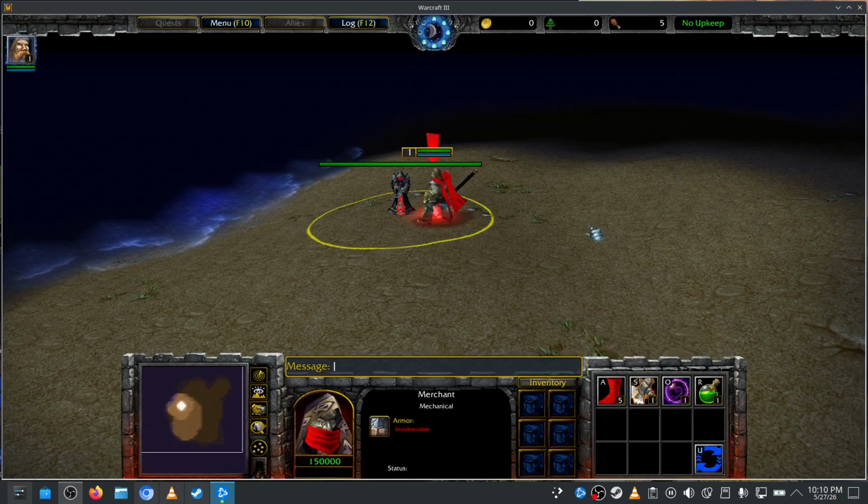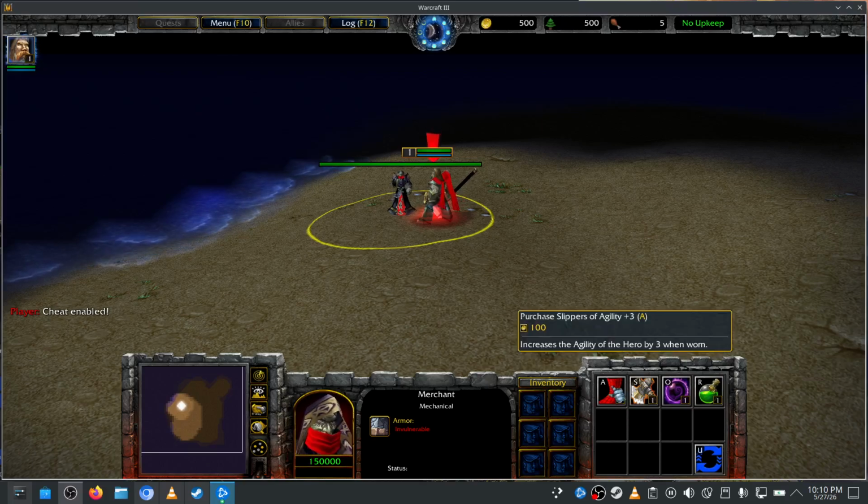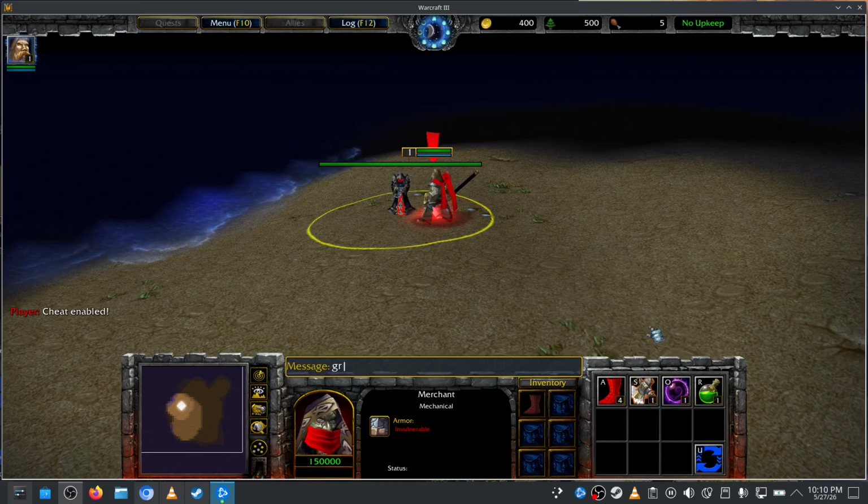Now I'm going to go ahead and teach you something kind of fun. You can type greed is good, and you can actually get some cheat resources. So now I can purchase these, and if I do it enough times,